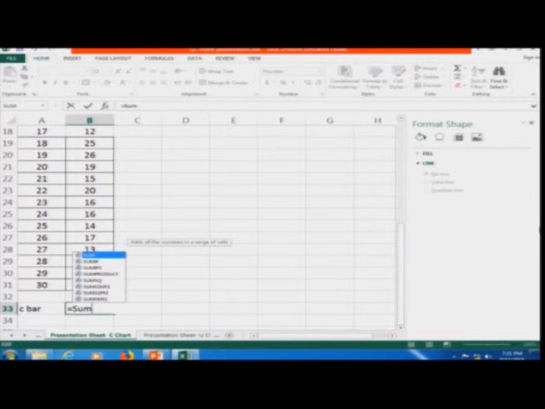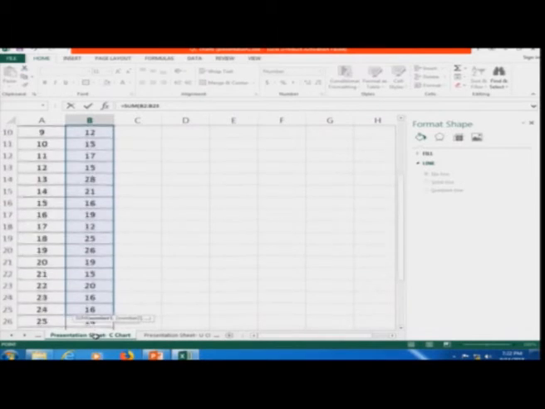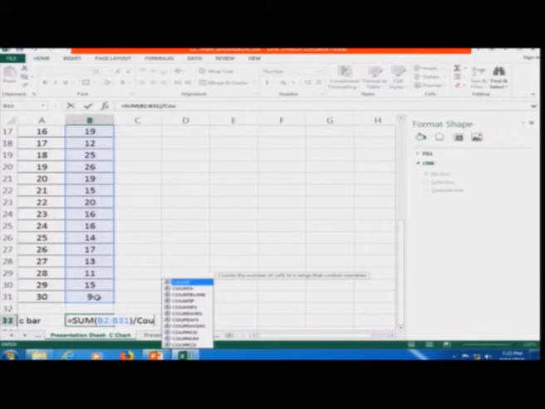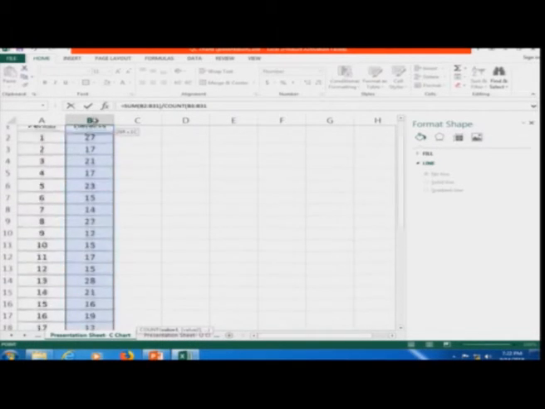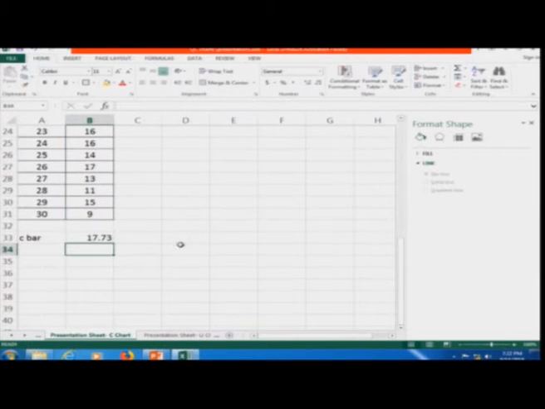Another way to do it is, in place of average, I would better put this is equal to sum of these numbers divided by count of these numbers. Actually, it is one and the same thing, but why I am doing it, because in the U chart I will tell you that sometimes the number is different. We are just taking one automobile, this divided by, or you are just learning another formula here, count of these numbers. Okay, the count would be again 30 only.